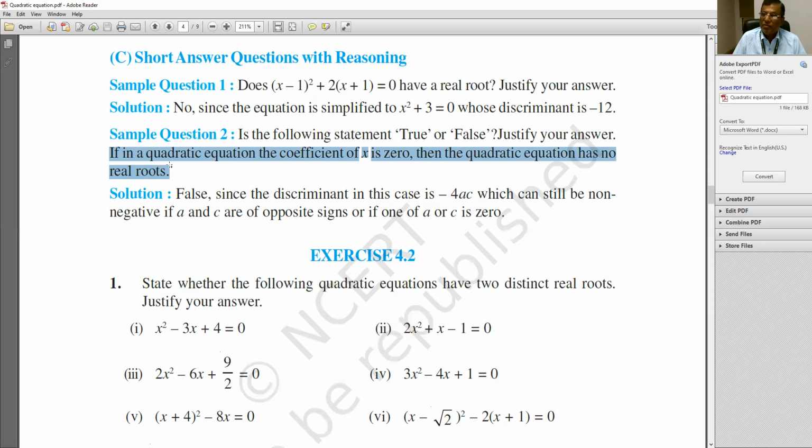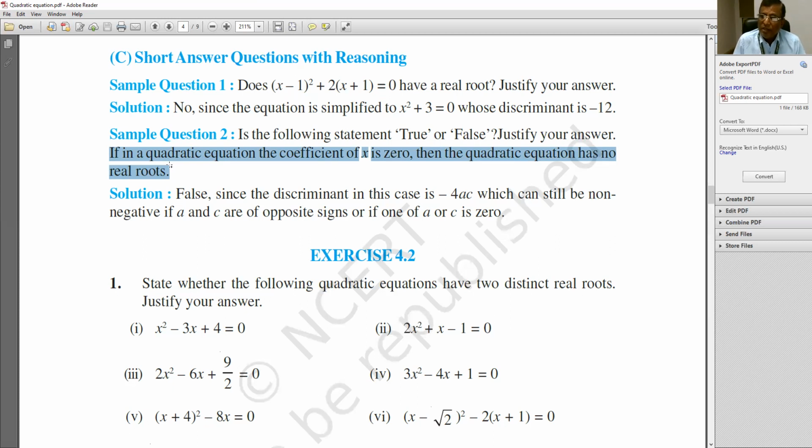case of writing a standard form of a quadratic equation, the coefficient of x square should not be equal to 0, because if the coefficient of x square is 0, then the equation will be converted into a linear equation. And so in that case, we can't find the discriminant of the given quadratic equation, because no concept of quadratic, no concept of finding alpha beta, or no concept of discriminant finding will be applicable in that very case. So in this question in sample number 2, if the coefficient of x is equal to 0,